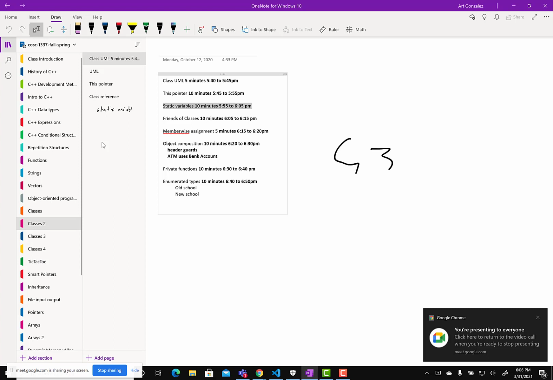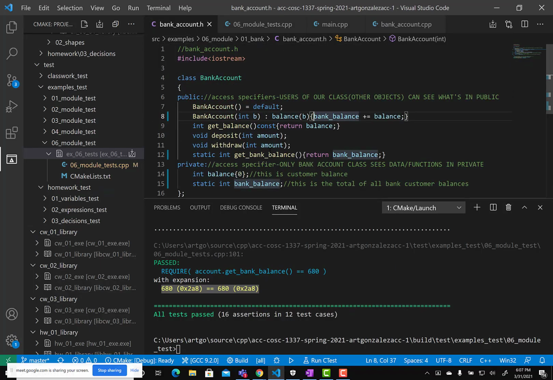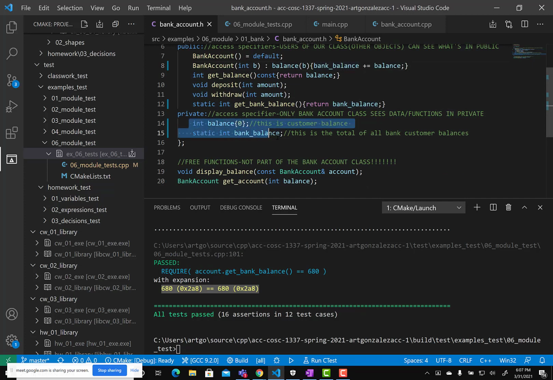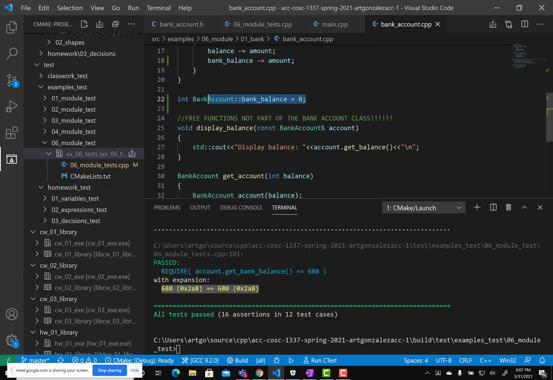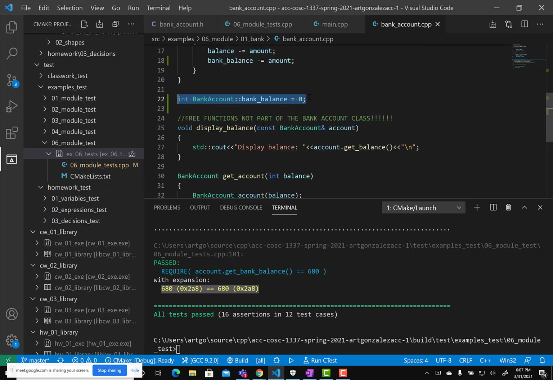And now we have friends of classes. So first of all, let's go back and look at our header. So we know that private members of a class are protected by the class, right? I would have, as a student, I would have questioned this one. Like I would have been like, "Hey, wait a minute, what's going on there, right? Isn't this private, or I mean, what's going on? Like, is this considered part of the class or what, right?" Well, in this case, it is, right? However,